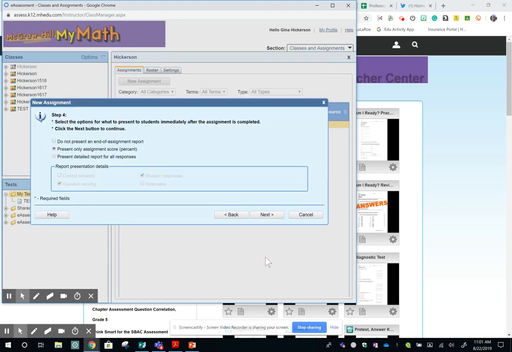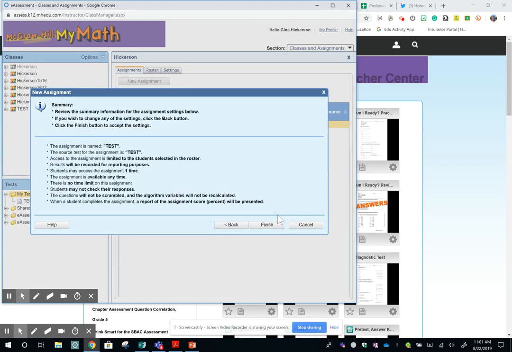So if you're good with all of that, then you have options on how you want their scores to be shown. And here, it should be a list of everything you chose to make sure that